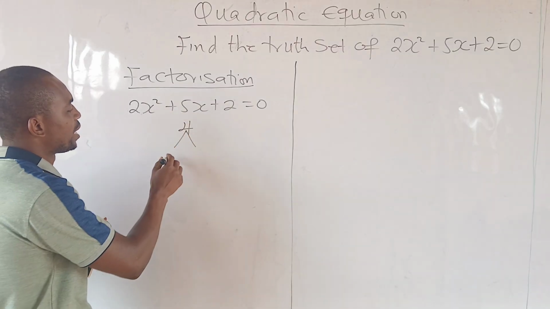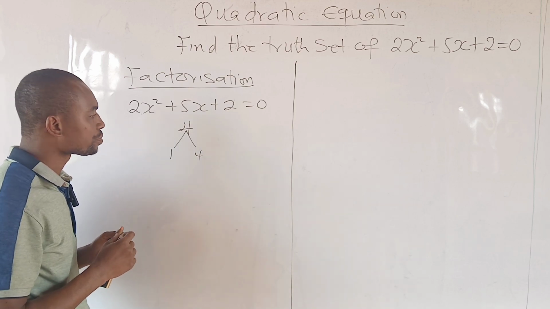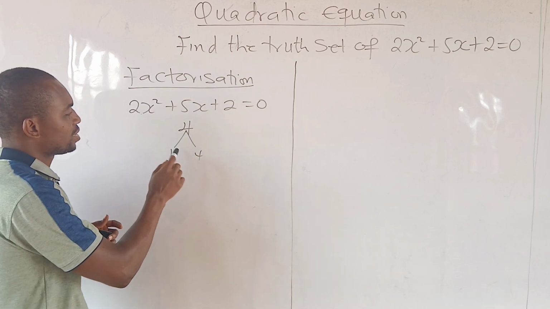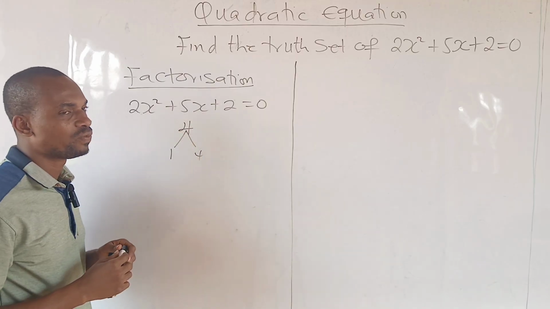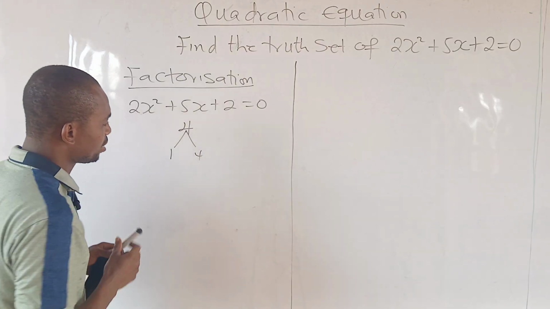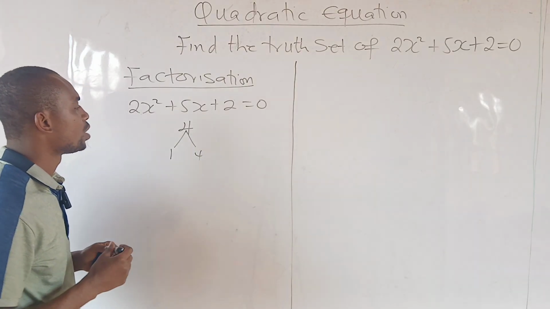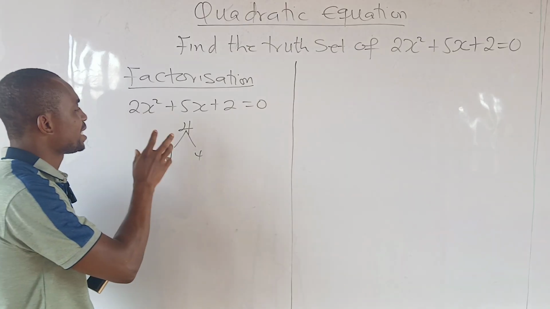So let's take 1 and 4. We are considering 1 and 4. When you multiply these, you get positive 4. When you add, you get 5. So it means that you can use 1 and the 4. Okay. So now after knowing these two numbers, the next thing you have to do